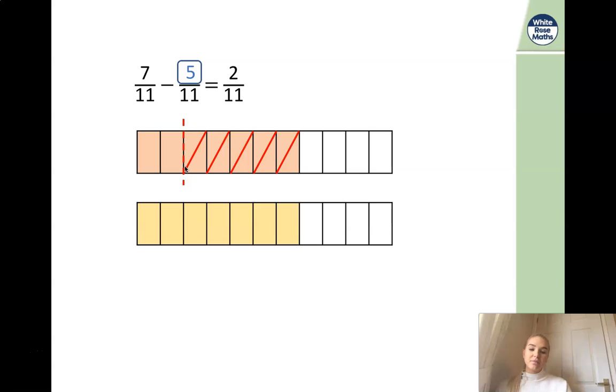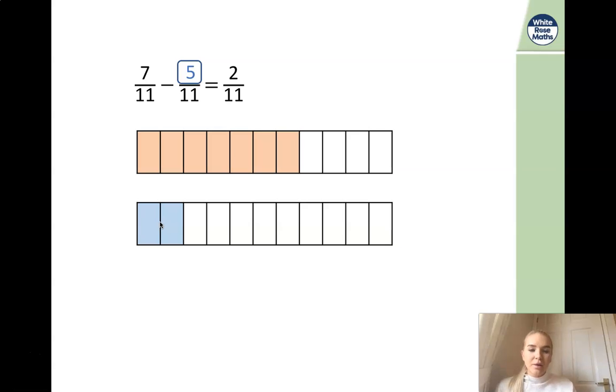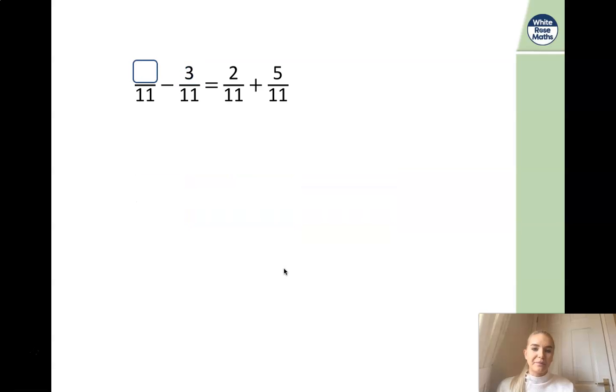I have partitioned my number into 2/11, and then my remaining is 5/11 in the yellow here. But what I can also do is use finding the difference to help me too. I started off with 7/11. I've got my 2/11 here. I can put a marker where 2/11 is and 7/11 and find the difference, which will be 5/11. Super. One more question for you here, and then we will have a go at the reasoning and problem solving